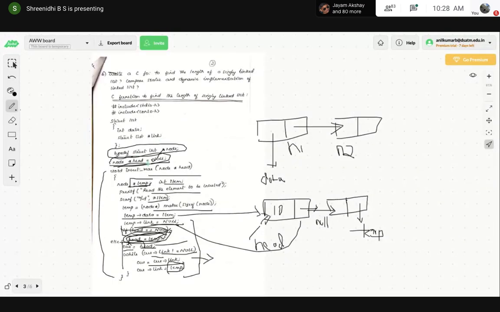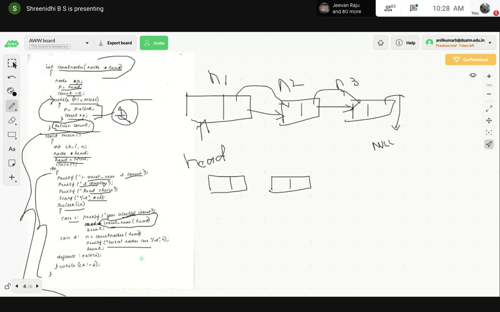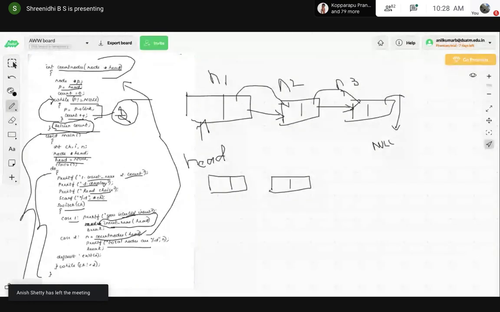When the choice is 2, count the number of nodes. This count function is called, and the total number of nodes is displayed after executing that function. Default: exit 0. So only two major parts we are working with here.